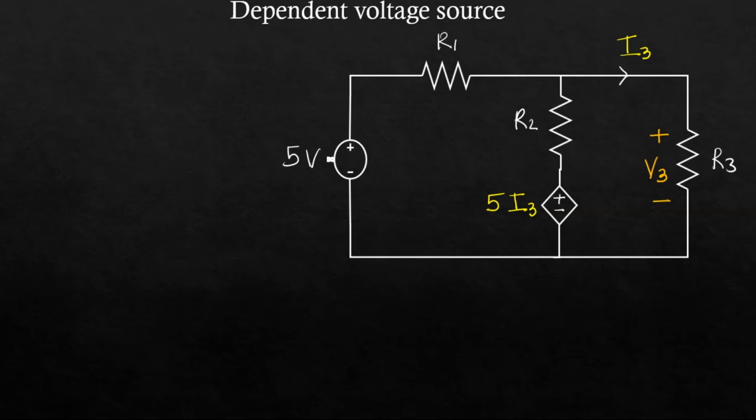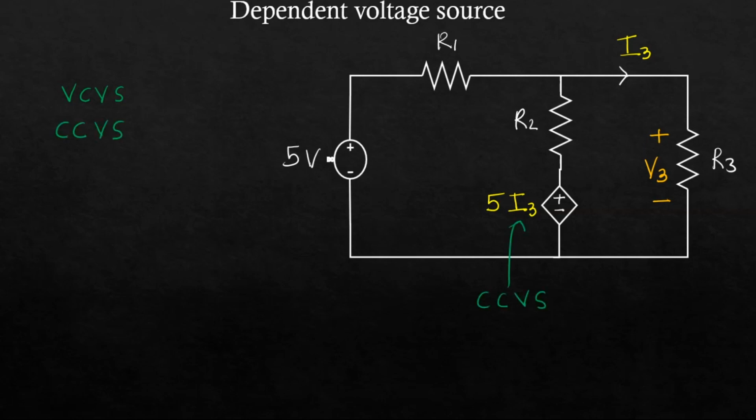Such kinds of sources are termed dependent sources, and they are shown in a trapezoidal or diamond shape. It is not a circular box. You can see there, this is a diamond shape. It is not shown in a circular box. Now, to control the voltage source, you can make a dependency on voltage as well as on current. So we can classify them into two categories: voltage controlled voltage source and current controlled voltage source.